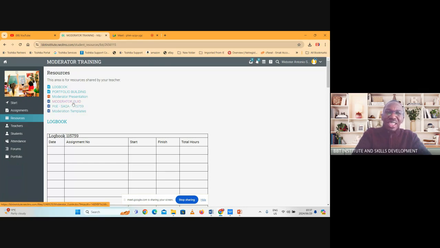Then we've got the guideline. This is just a guideline to show you how to complete the moderator tools. It's not the tool that you're going to use. We only have 2 tools, the POE and the templates. The template is for you to use to conduct moderations.